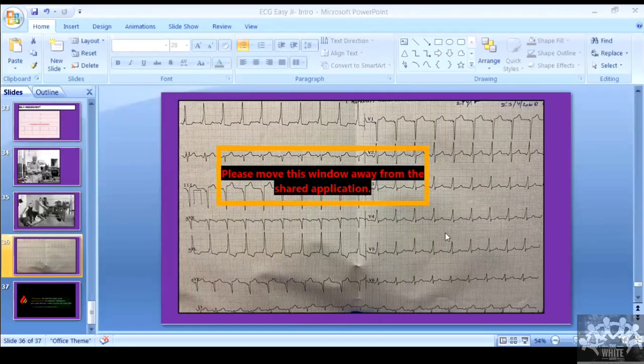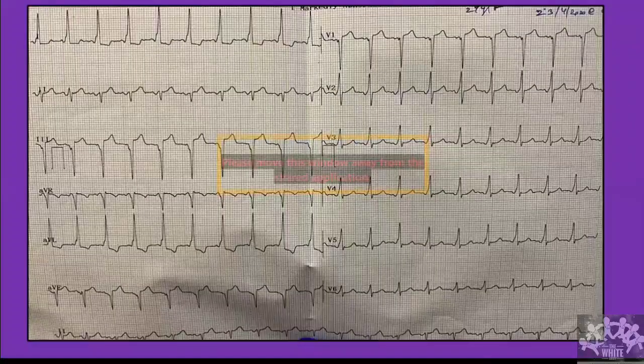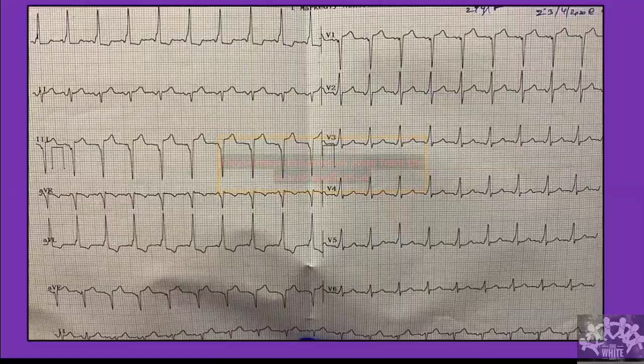MI. Okay, someone says MI. T wave is inverted. In AVR, atrial repolarization is positive. Extreme axis deviation. SVT, WPW, delta wave in AVL. Okay, so I have a lot of answers. So we'll understand this ECG. Let's not jump into the diagnosis. We'll see it one by one.